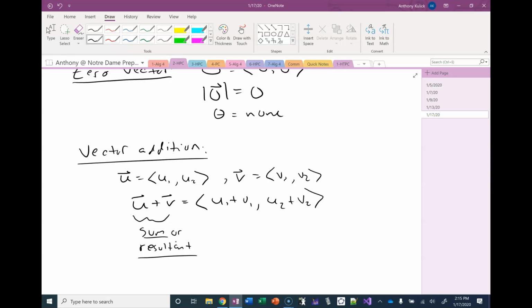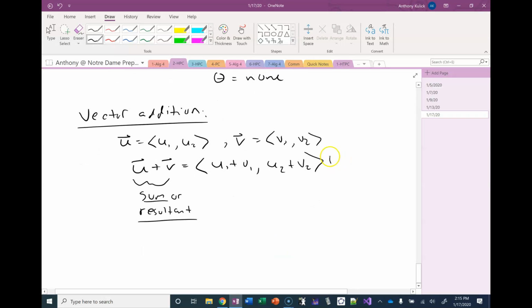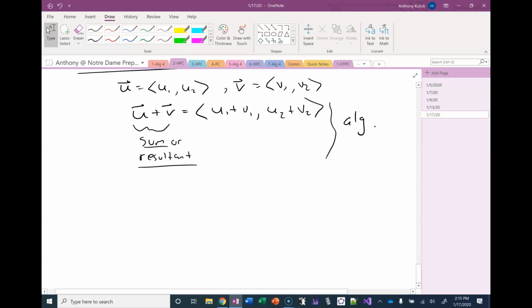We resolved both those vectors into component forms, and we added the x components and we added the y components to get our new vector. And then we found the magnitude and direction of that. So this is like algebraically what's going on. If I'm doing this geometrically,